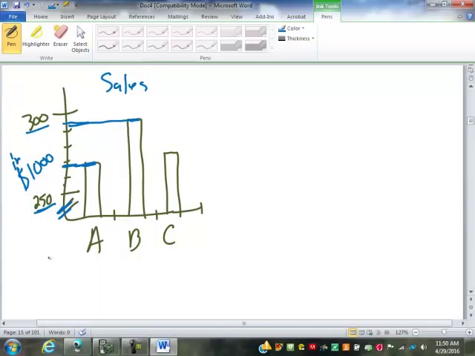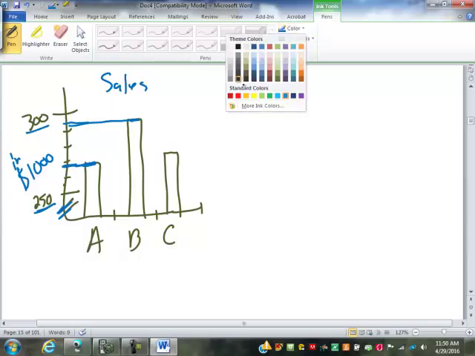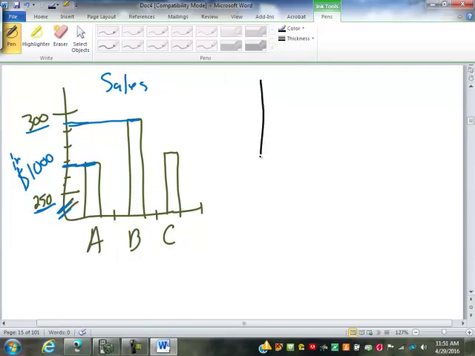Now that is good in one way, as it allows us to see the differences more clearly, but bad in another way, that it gives you that initial response that B is twice as big. It actually blows up those differences and makes them look bigger than they actually are. If we had graphed this without that break in the scale,